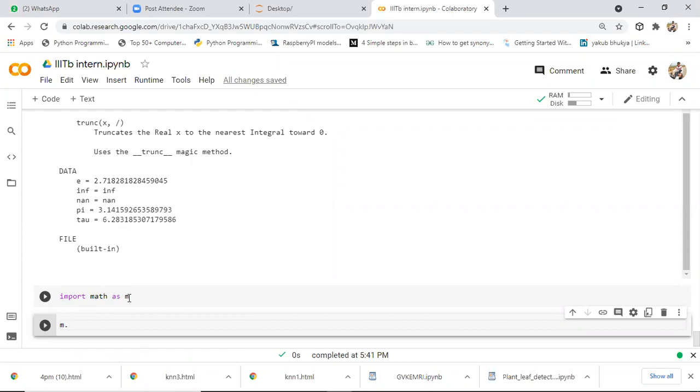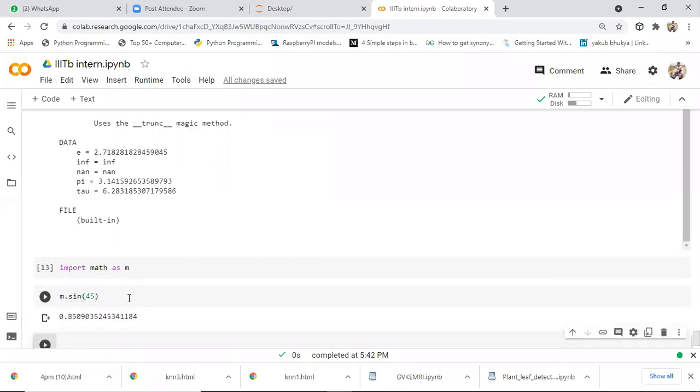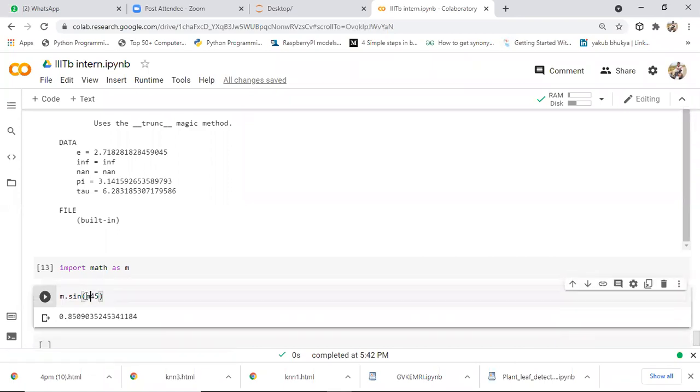Now I want to calculate the sine of 45 degrees. Sine 45 is 1 by under root 2, that is 0.707, right? But it won't give that result. Why? Because here it is considering the value in degrees, but we need the value in radians. So initially we need to convert this value into radians. We have a radians function in the math module.